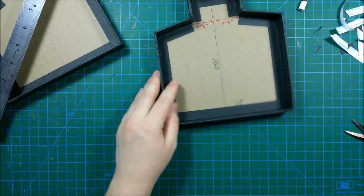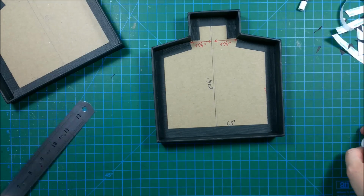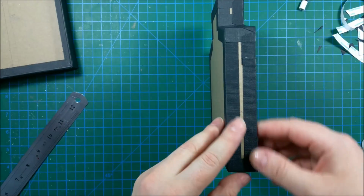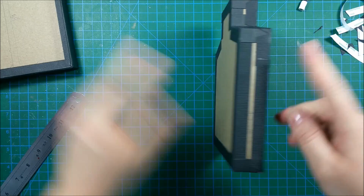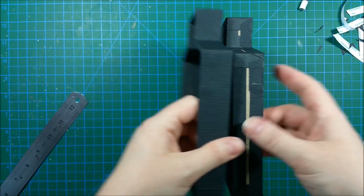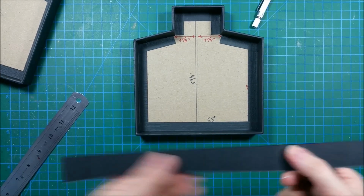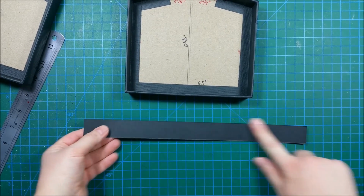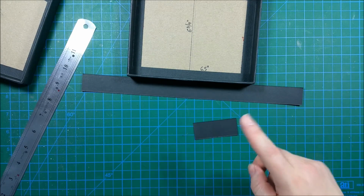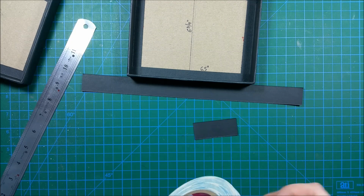Okay, here we don't need to use the Copic in order to color in the exposed areas of the chipboard. So this is the way to do it. And the last thing which we need to do is to cover the outside edge of the whole half of the box. For doing that, you will need two pieces of cardstock. This one is 1 inch by 12, and this one is 1 inch by 3 and by 2 3/8 of an inch. And you will cover these two pieces with score tape